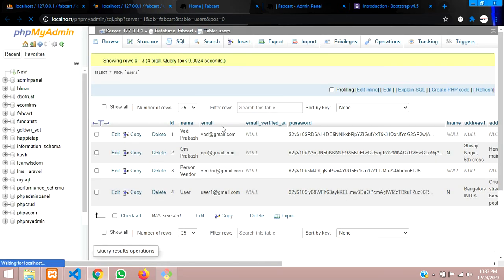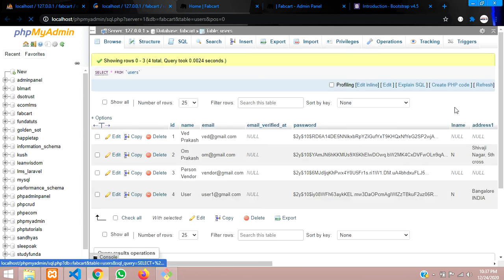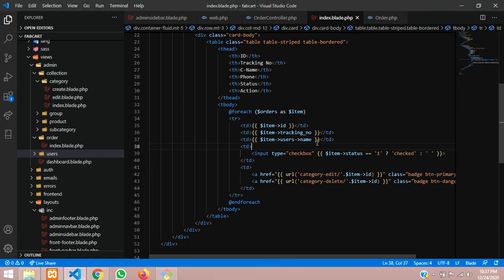Here you can find two names, first name and last name, one is name and then L name. So we are going to fetch both of those details. Simply, we'll concatenate and get the data. Let's concatenate and post it. We'll call this L name.